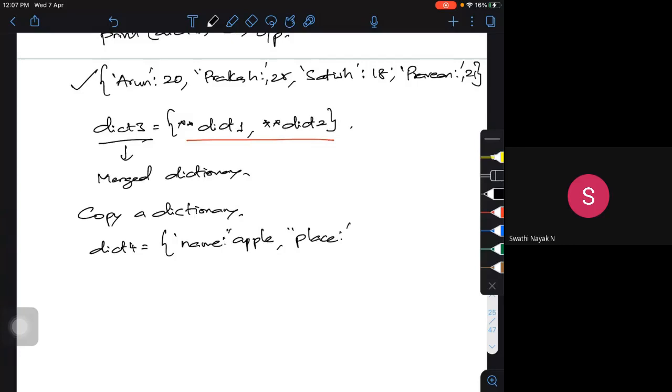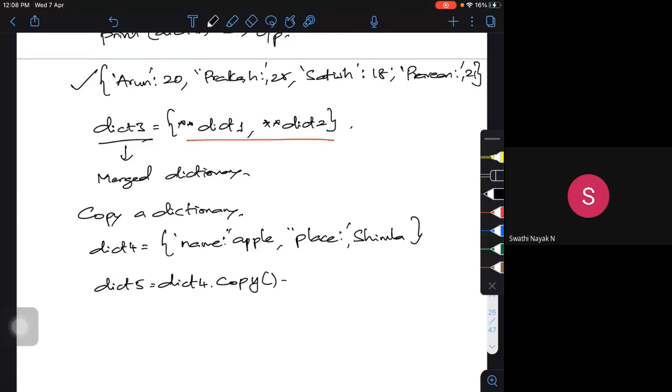Okay, some Shimla. I have created something this time. Some dictionary is there. Now I want to create another dictionary which should be a copy of this one. dict5 is equal to dict4.copy().